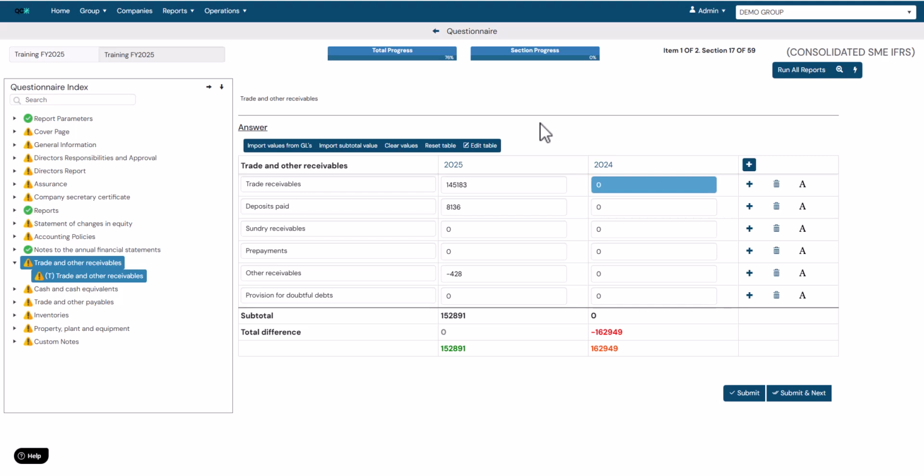Now how do we do this? So what do we see in front of us? We have two columns which are very important, and that is the date 2025 and 2024. Now these are dynamic and they pull through from the report parameters that we have selected for this set. You can see if we move our mouse down to the bottom that we are reconciling 2025 back to 152,891,000, and we are going to reconcile 2024 back to